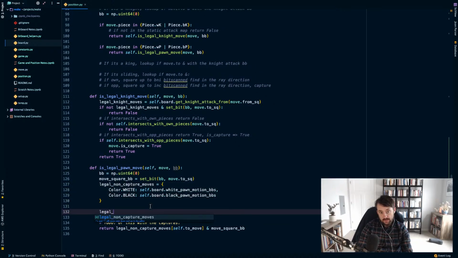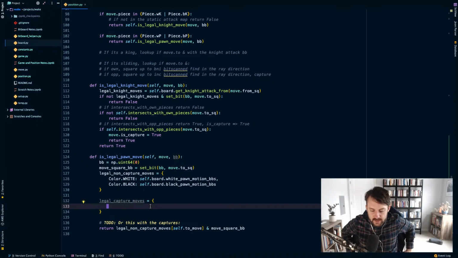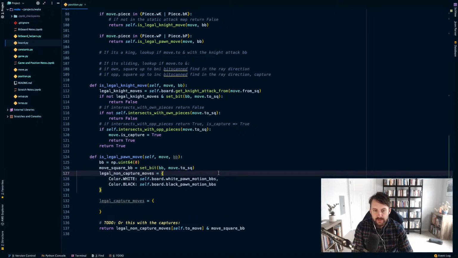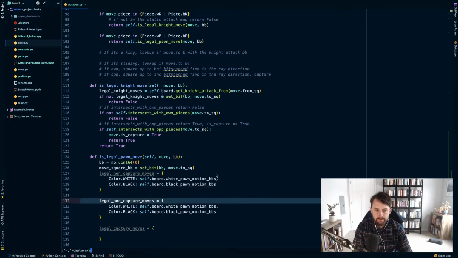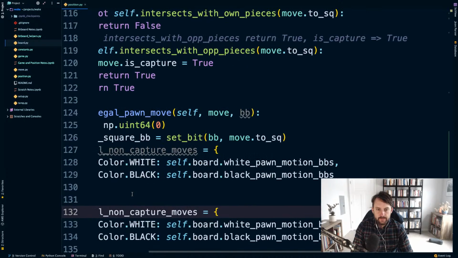And then we're going to say legal capture moves. I'm actually really loving working with bitboards now because of the fact that we can use set arithmetic everywhere. Okay, and the attack bitboards are also generated ahead of time, so we can say here